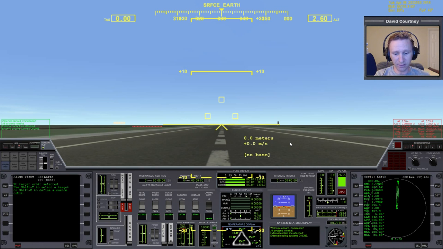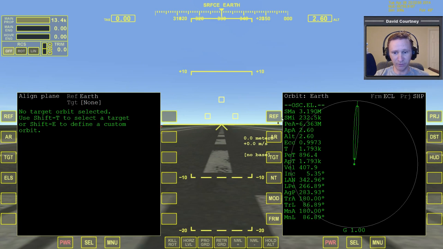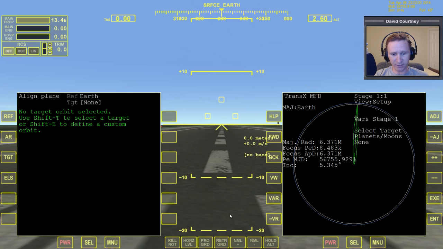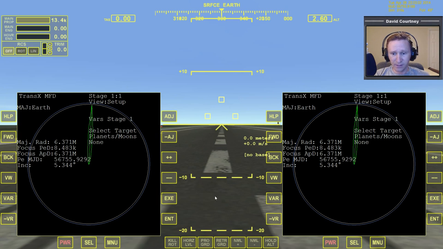Okay, now let's go ahead and switch cockpit views over to the larger MFDs. And we're going to bring up TransX on both sides like we usually do. And one thing